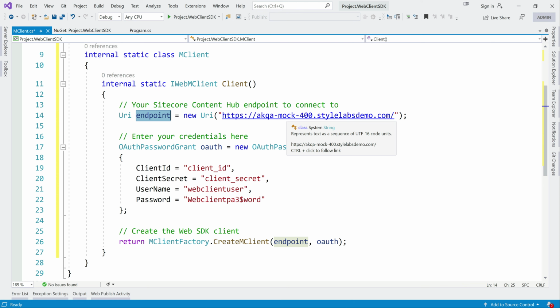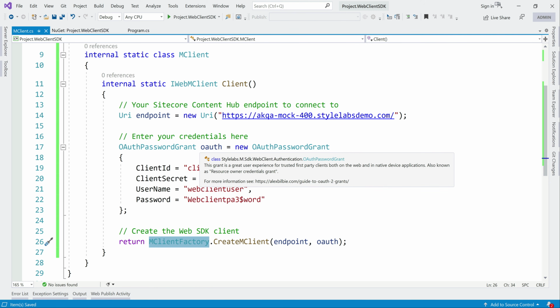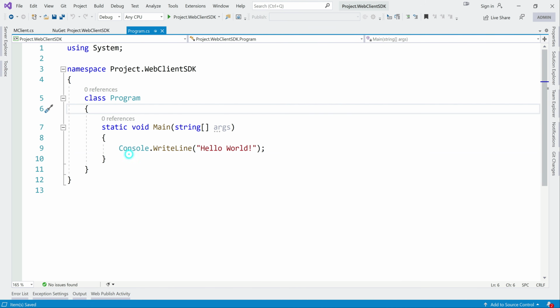This is where our sandbox URL goes. Next, as we created the OAuth client, from there we need to pick up the client ID and client secret, and we already created a user and password, so the username and password we need to mention here. Then we can call the MClient factory to create a client. So this is done here.